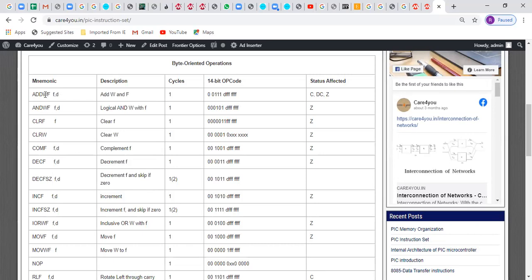And W is your accumulator. So D indicates whether W is destination or F is destination. D is a control bit. You can change the direction. Destination और source किसको बनाना है, आप लिखना चाहते हैं.